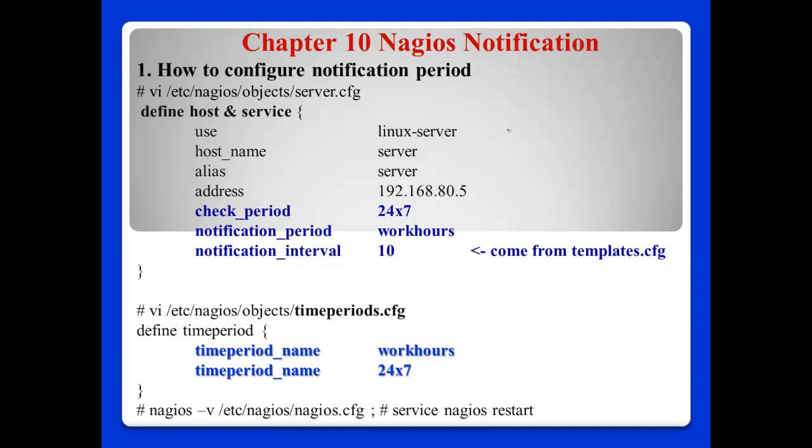Okay, Chapter 10, Nagios Notification. To use Nagios notification, first I will explain the notification period. For the period we can use, for example, checking period 24 hours and 7 days, and notification period named work hours, and the notification interval is 10 minutes. This kind of notification period we can configure in this file